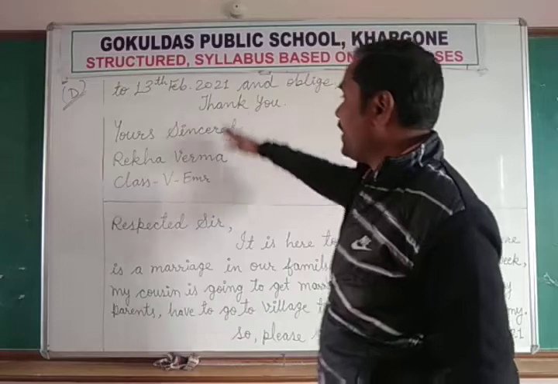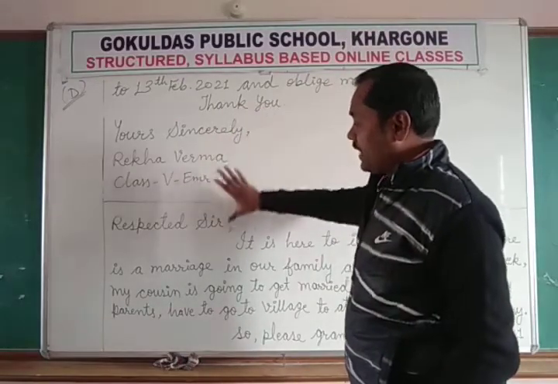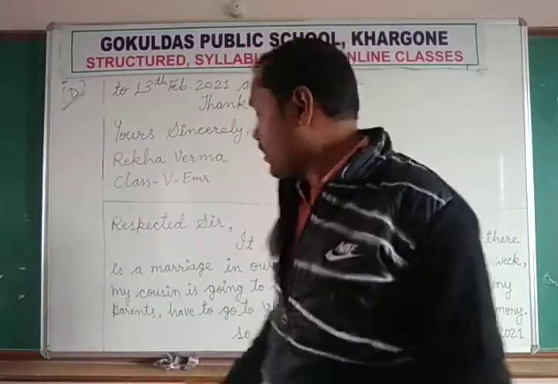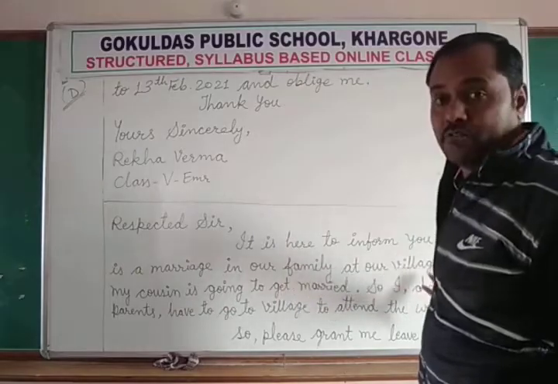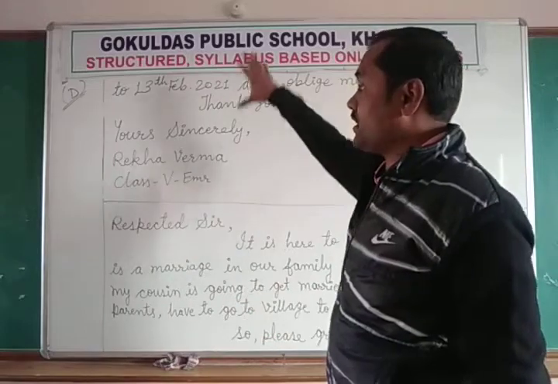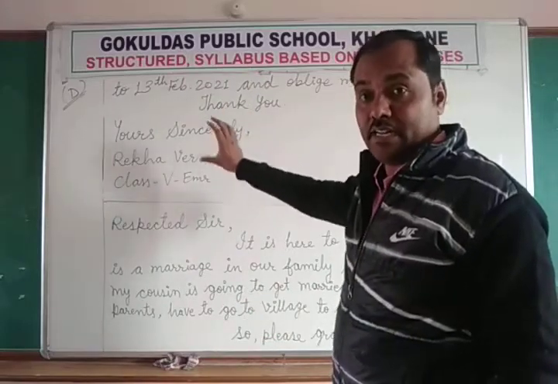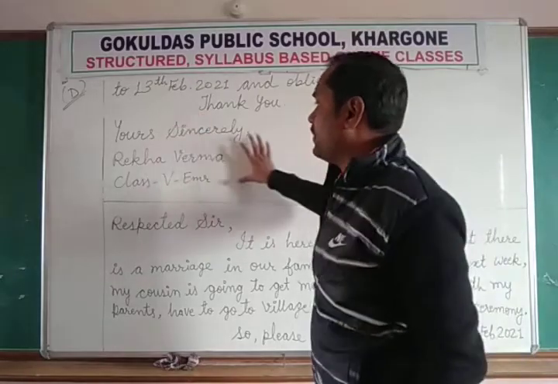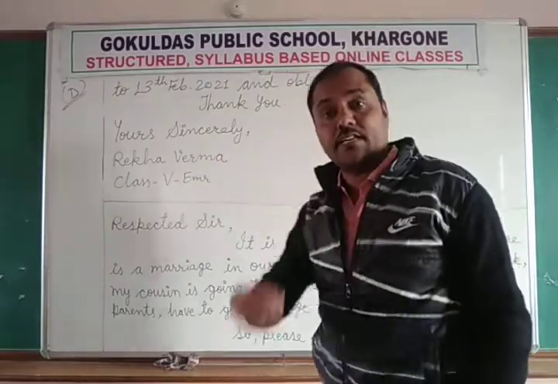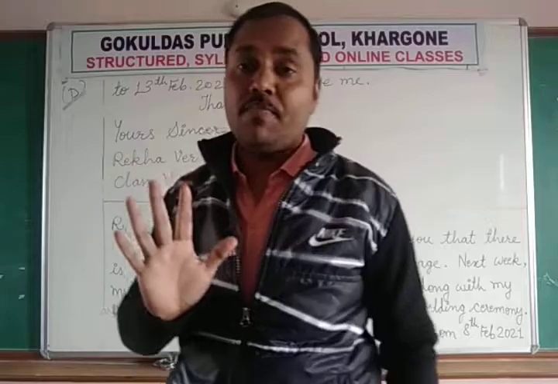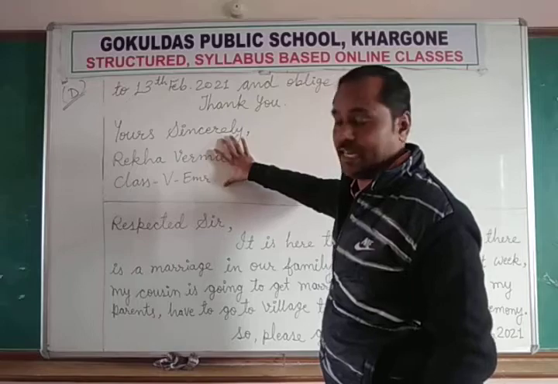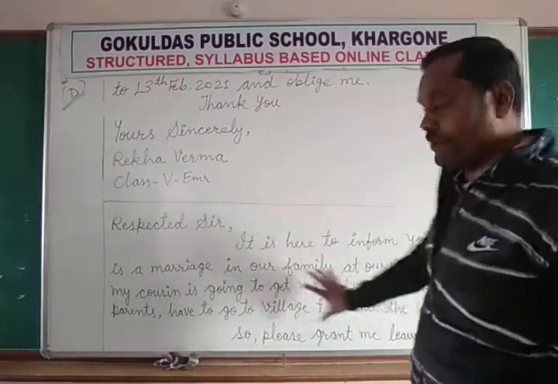So some of the spelling you should not make mistakes in, you can easily find in the question paper itself. Format, okay, this is the ending format and that is the starting format. You have different separate marks for starting and ending also. Suppose you are unable to write the body of the letter, even then you should mention the starting, the address, date and the recipient, and the ending of the letter. Even if you write just this, you will get 50% marks. Suppose you are given 10 marks for the question, so 5 marks will be covered in this starting and ending. Only 5 marks you can lose from here.